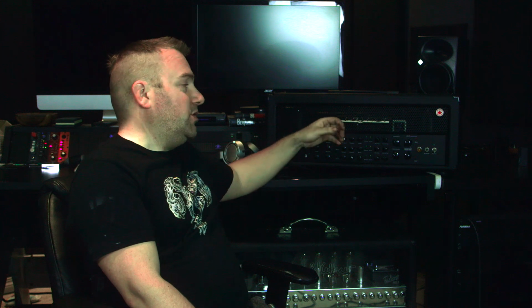A lot of people do refer to this as the Canadian dual rectifier, which I don't think at all it deserves that title. It's a good amp. It's a very, very good amp. And it does have built-in reverb, which is nice, and it's a very versatile amp. But I find when you're trying to get a metal type tone, which a lot of the stuff that I do is geared towards metal. The rest of the stuff not so much, but